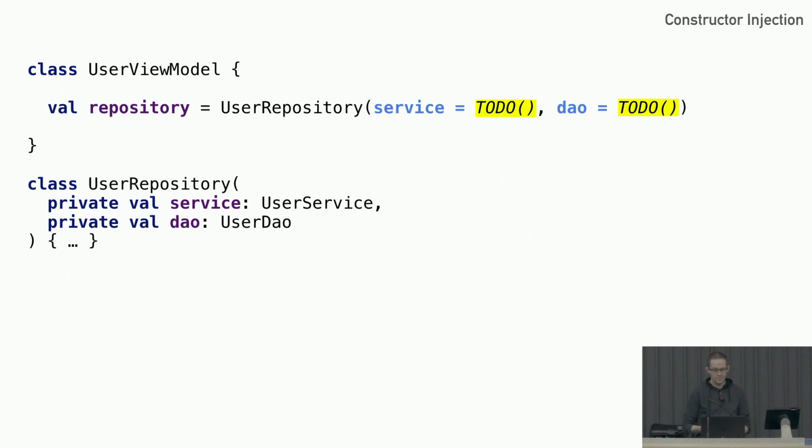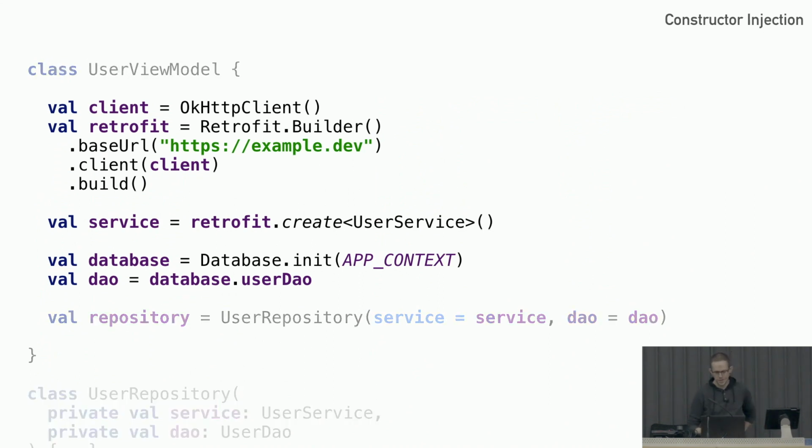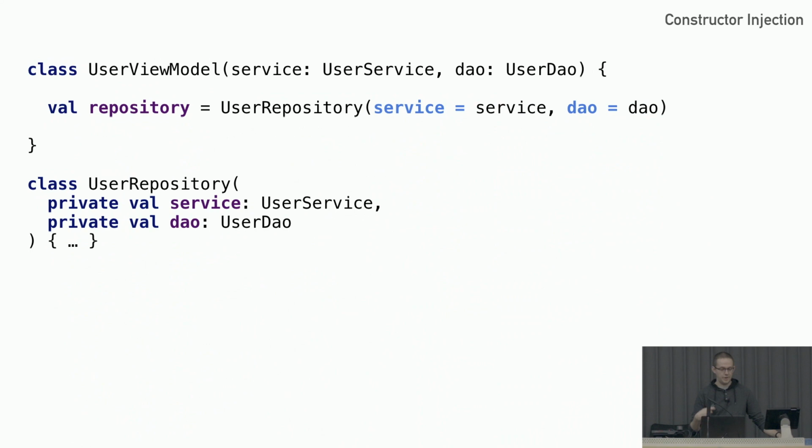But how are we going to actually initialize this repository in this case? So if we remember the graph, the repository is something that the view model needs. So in the view model, we could construct it, but it takes those properties, and the view model doesn't have access to those properties. So now we need to get those properties. And we could do this by creating the database, and creating the DAO, and creating the service in the Retrofit client, or the Retrofit in the OkHttp client. But now this is the same as what we were doing before with the normal control flow. And obviously, we can do better.